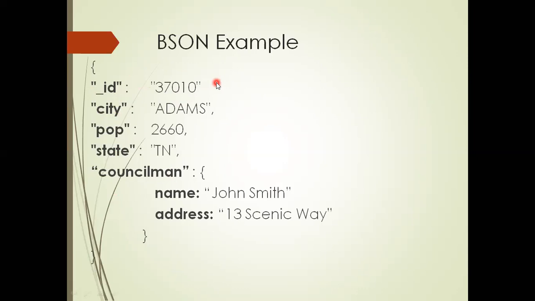If we don't provide a value for the ID field, then MongoDB will create the ID on its own. This ID is simply your document ID, which is unique in nature. So this object ID is unique in nature.